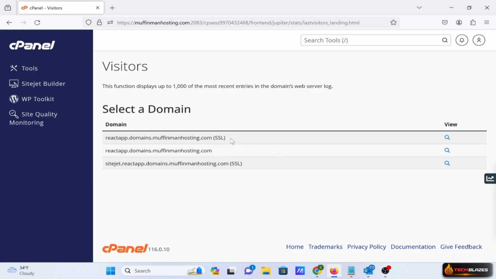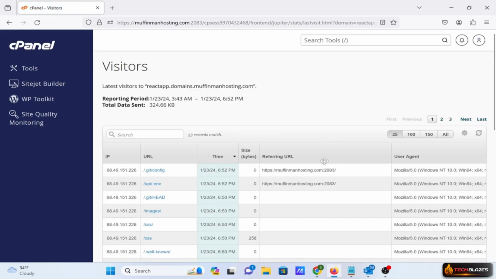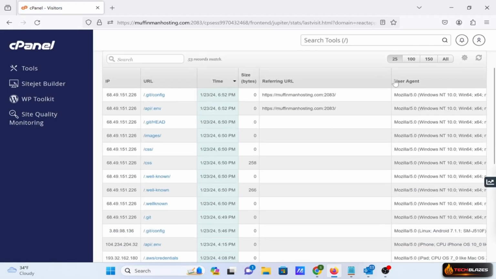So if you click on the SSL version, you can actually see a few things. Here is the user agent for the person or the computer that attempted to access a specific resource. Here's the IP address that tried to access that resource, and here is the URL they were trying to access. So somebody at 68.49.151.226 tried to access the /.git/config path in my